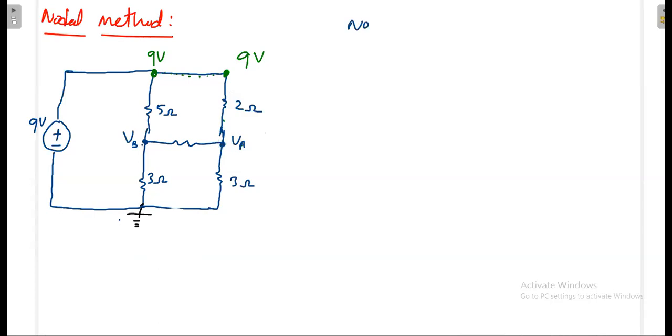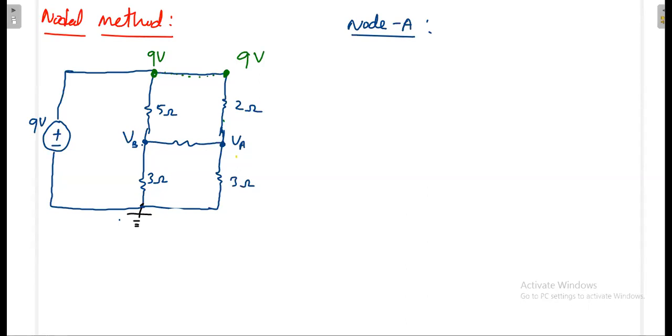Whenever you are in a node, which law can you apply, KCL or KVL? Yes, you have to apply KCL. And how do you apply KCL? KCL means current entering is equal to current leaving, or the sum of the currents entering the junction is equal to 0, or the sum of the currents leaving the junction is equal to 0. I will always follow the third method. You can follow any method, but to be consistent, always follow one method.